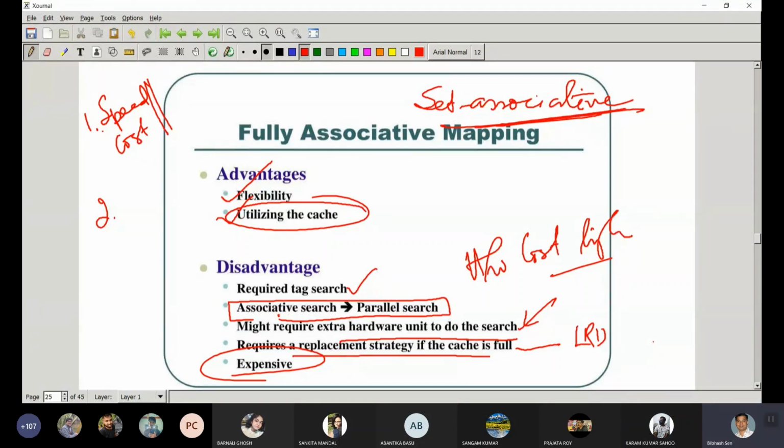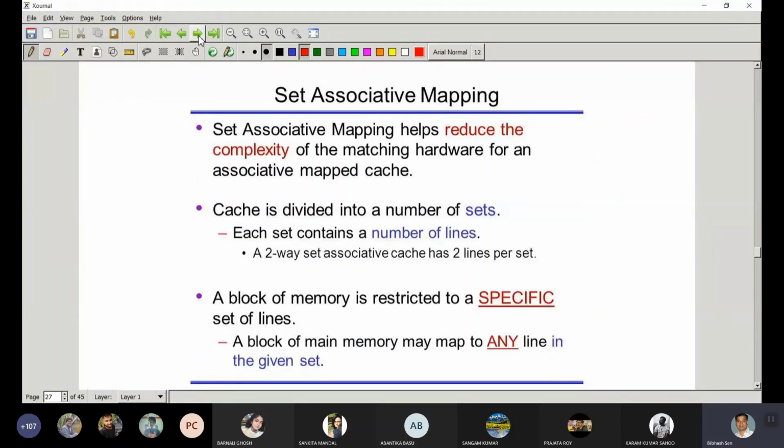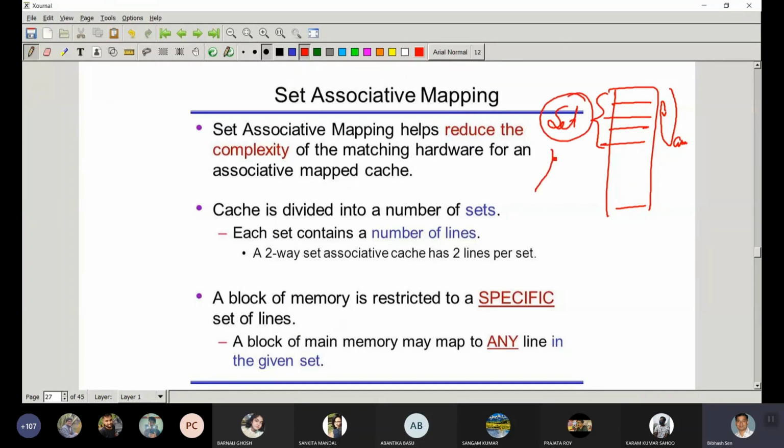That means I will divide the cache into multiple sets, and within the sets they will behave as associative. But to search a particular set, we go by the set number. I will break, suppose, 2 or 4 cache blocks into one set, and within the set I can store anywhere. Whenever I search, my set is just like my line number. Directly I go to that particular set, and if I find this one is occupied,